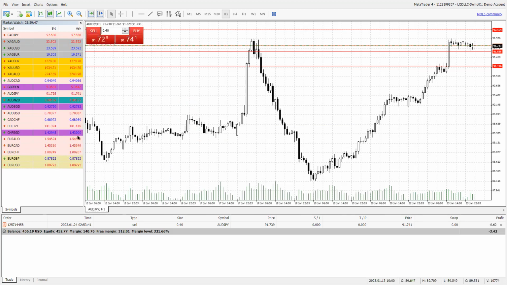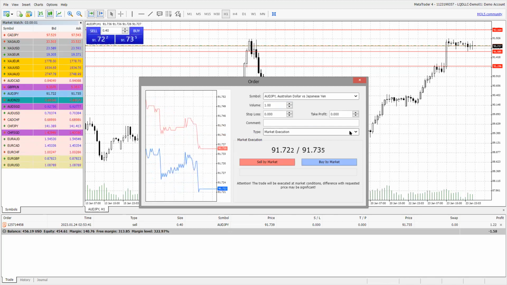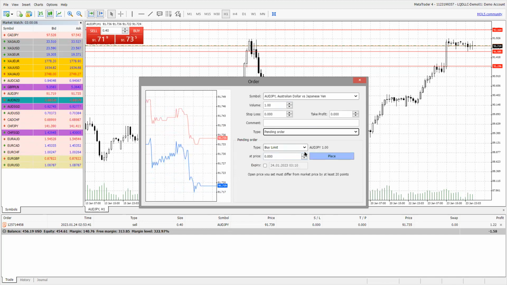All you got to do, come back over here where it says AUDJPY, because that's the pair that we're using. We're going to do a pending order for this. Right click, don't panic. Go to new order, bam. Come here, right here at the bottom, where it says market, where it says type. Click the drop box, do a pending order. Instead of doing a buy stop, we're going to do a buy limit. And it's already set on the buy limit. So all I got to do is put the information in for the entry price right here. Come here, put in